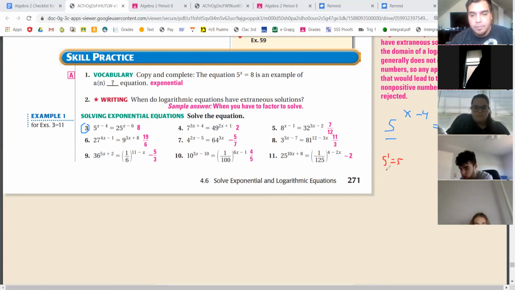Well, that doesn't really help me. 5 to the 2nd power equals 25. Oh, ding, ding, ding. That's what I need to see. So now, the one on the left stays exactly the same, so 5 to the x minus 4. The one on the right, though, this 25 becomes 5 to the second power. Because 5 to the second power equals 25,